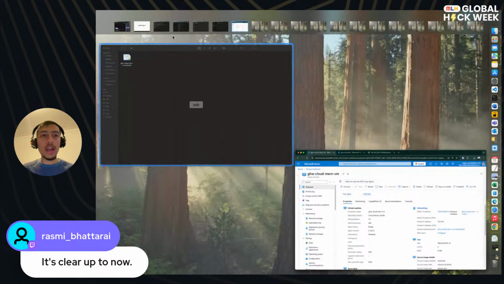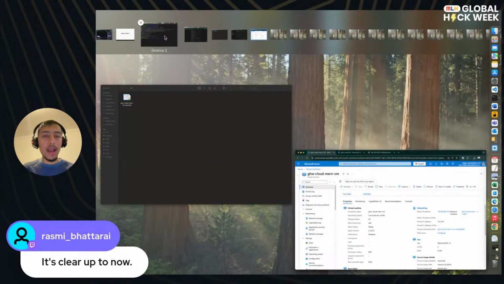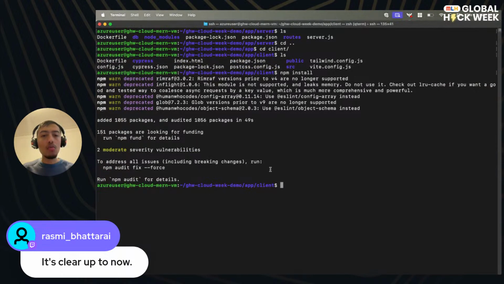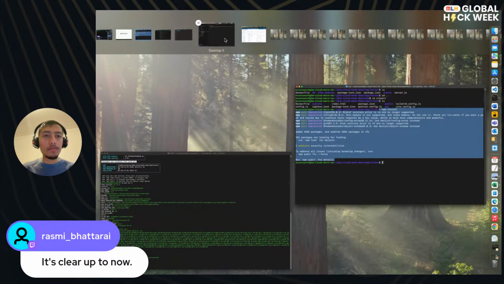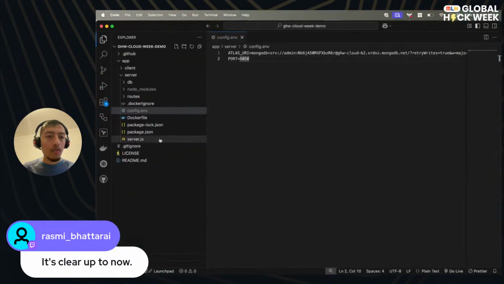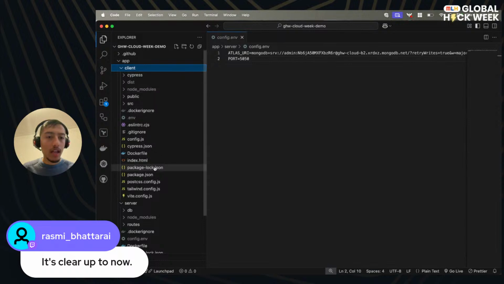So let us go and see our backend again. All right, so now we are in the client folder. So this is for the front end, right? And I have already installed all the packages. So if you go and check the README for the front end, for example, this one,